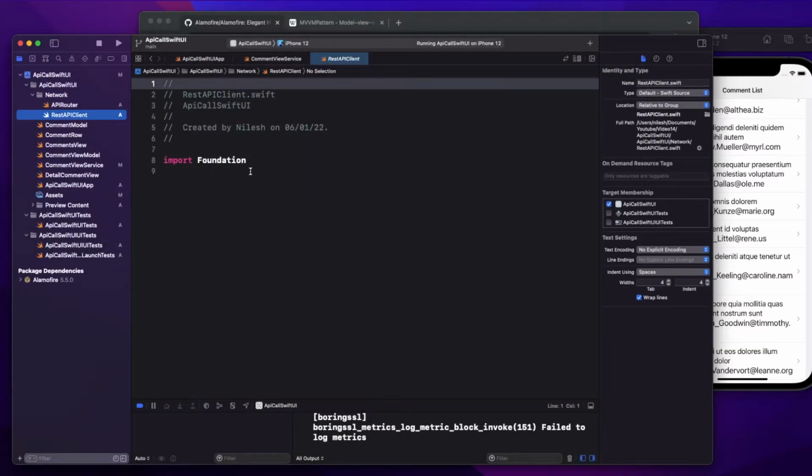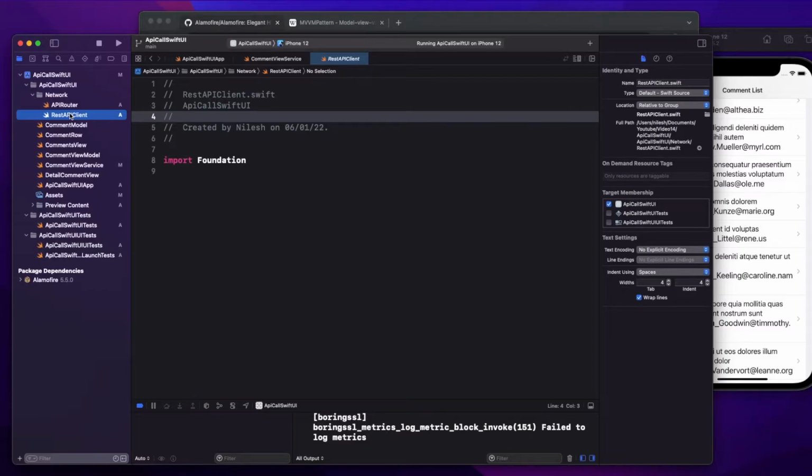Now what will be the functionality of these two classes? The API router will just form all the requests for me, and then the REST API client will make the actual API call. So let's create the API router class.